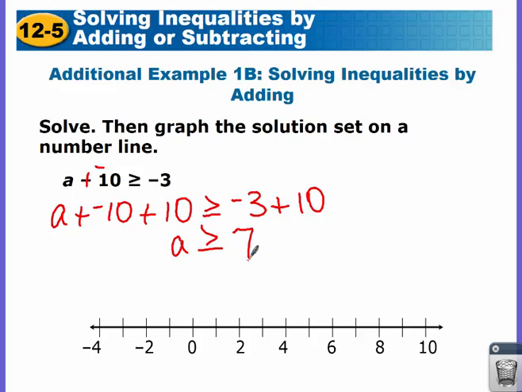So we come down here to our graph, and it says a is greater than or equal to 7. Uh-oh, I don't see a 7. Where would that be? Oh, that's right, between the 6 and the 8. There's your 7. Sometimes on a graph, the numbers aren't there, and you have to be able to interpret the